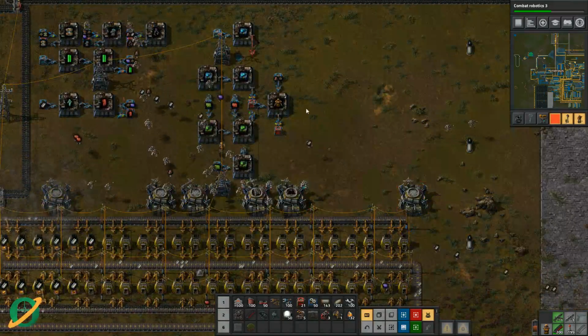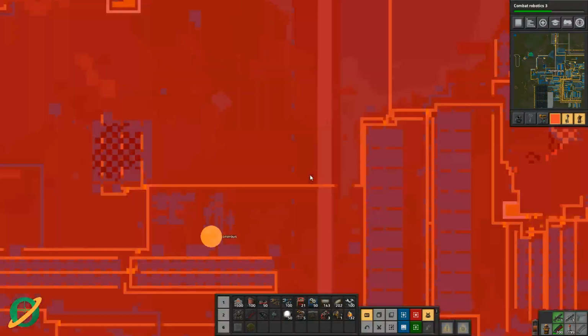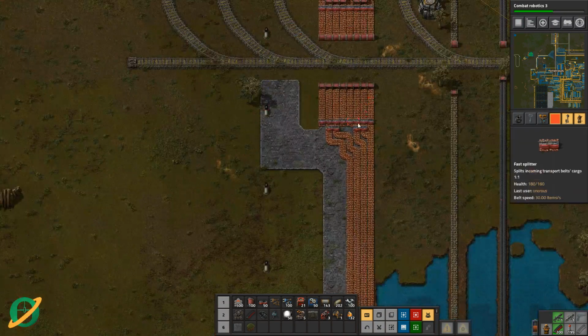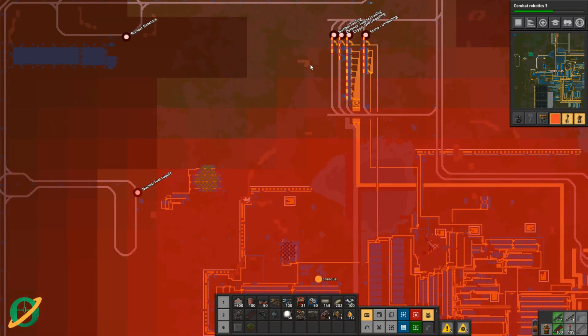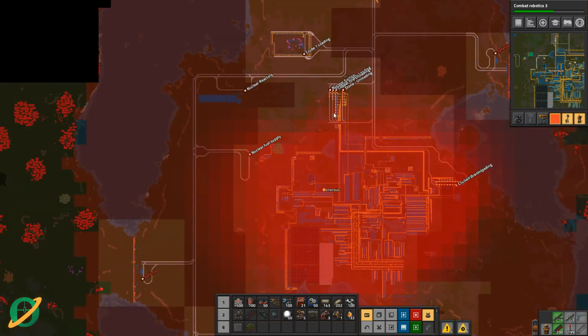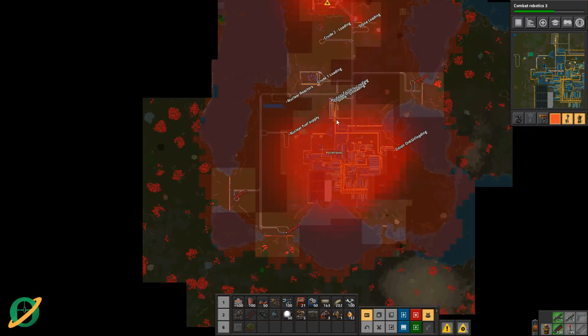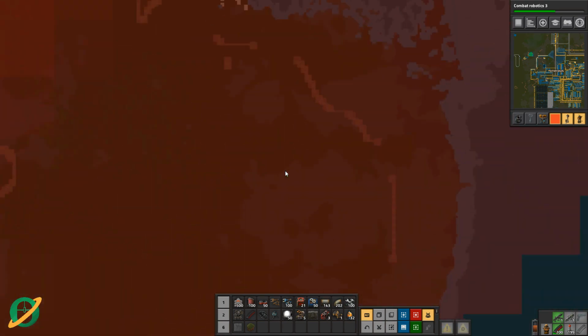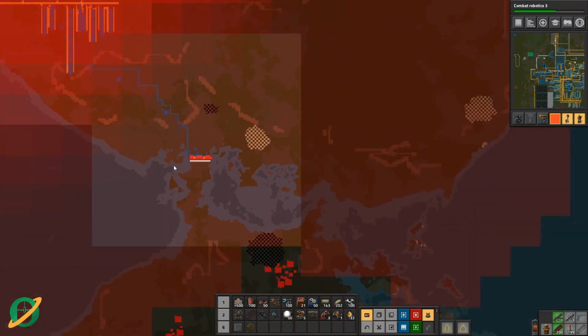We are getting a fair few bots hanging around here, and like I said, we do need to put up some charging up here for when the trains are going to be a little bit more prolific than what we currently have. Hey, look at that! We've still got this little one here, sucking up the pollution. All right,